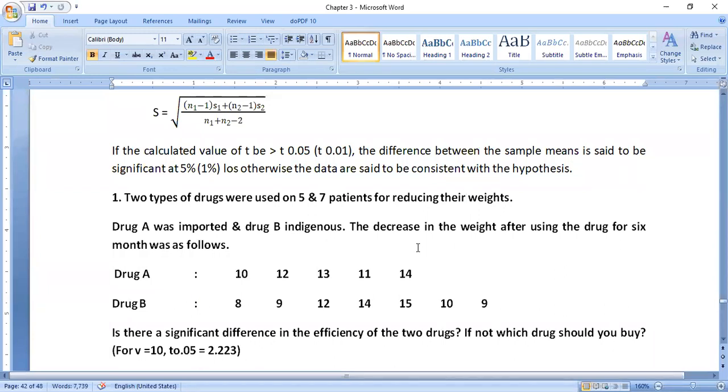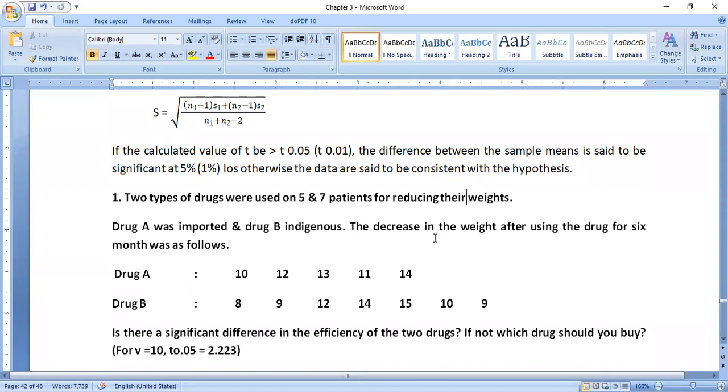This information is called a critical value. There is a separate table; as I already informed you, I will provide the table for you students. These values are already defined in advance in the question. Observe the drug A and drug B information. Drug A focuses on 5 patients only, then drug B on 7 patients.